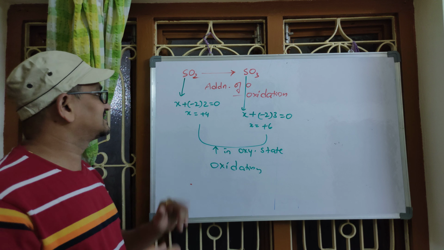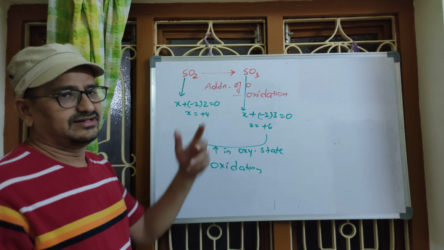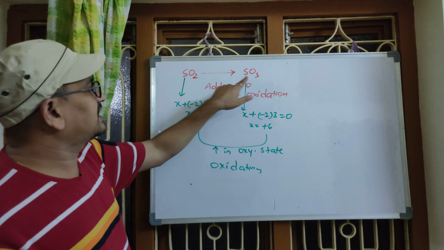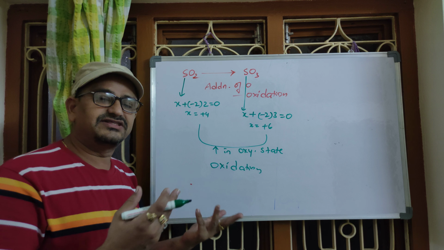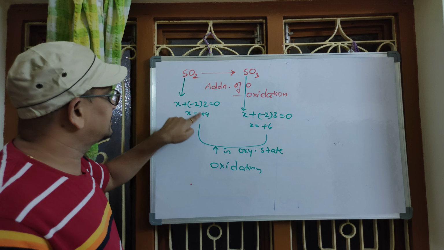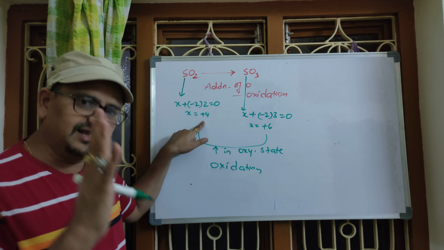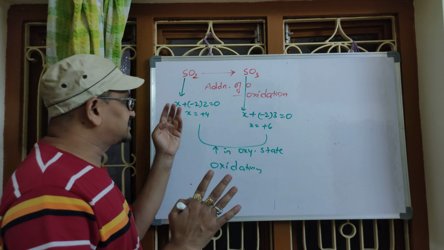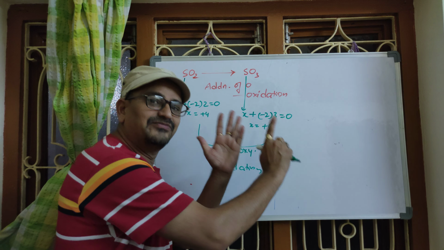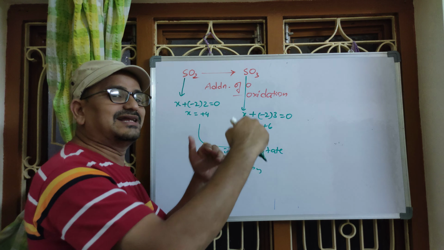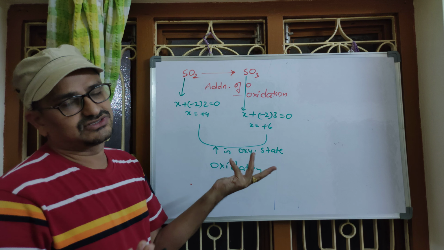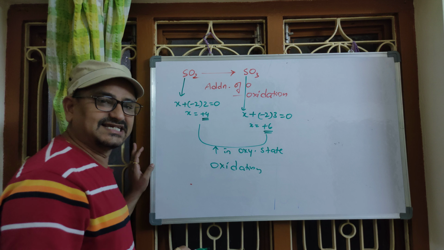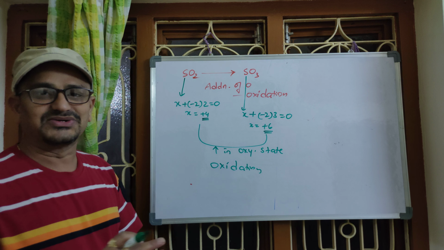See, in all the ways we are discussing, as one oxygen is being added, addition of oxygen is called oxidation. Other way is loss of electrons. Loss of electrons cannot be seen directly but can be noticed with the change in oxidation state. Here sulfur is in plus 4, means it has a deficiency of only 4 electrons, but here sulfur has a deficiency of 6 electrons, means during this step it had lost 2 more electrons. Loss of electrons is also called oxidation. And one more way is increase in oxidation state, plus 4 to plus 6. Increase in oxidation state also stands for oxidation.